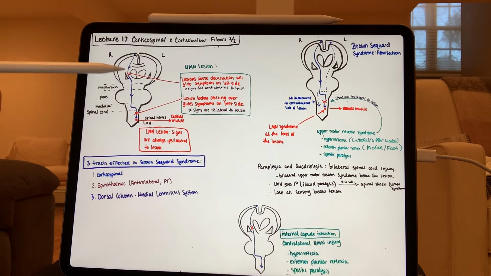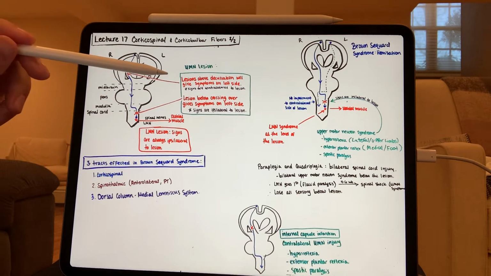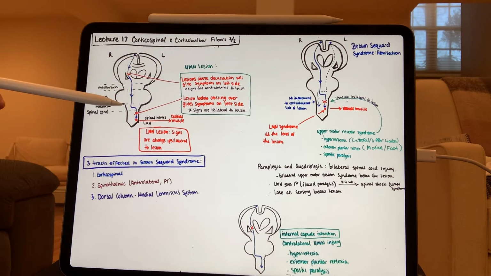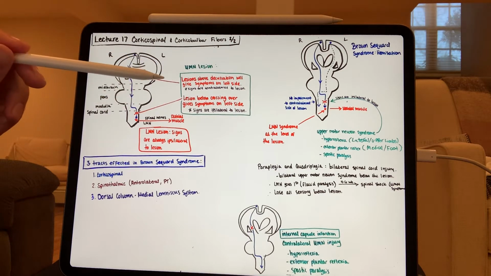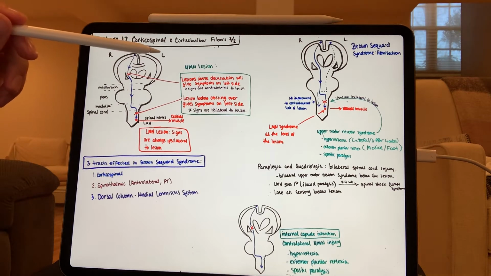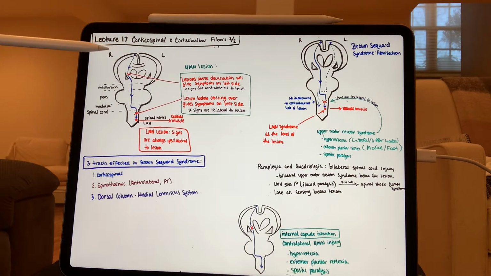We drew 2 lesions in here and showed that if you have a lesion up top in the internal capsule, which is also down here as well, this is a lesion above the decussation, meaning a lesion above where it crosses over. It's going to give symptoms on the left side. What that means is that if your brain is over here on the right side, and this is where